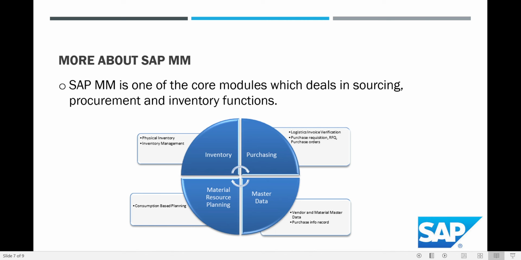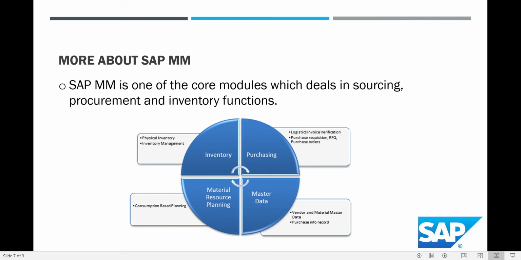SAP MM is one of the core modules which deals with sourcing, procurement, and inventory functions. It deals with sourcing, procurement, and the supply chain function so that the whole supply chain can perform properly. This picture describes the components of SAP MM which we have to study in great detail.